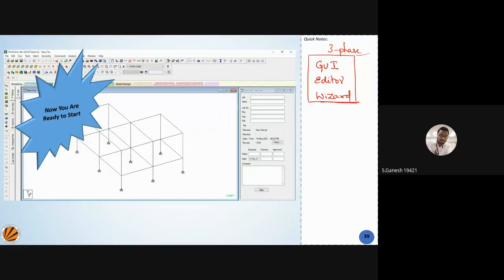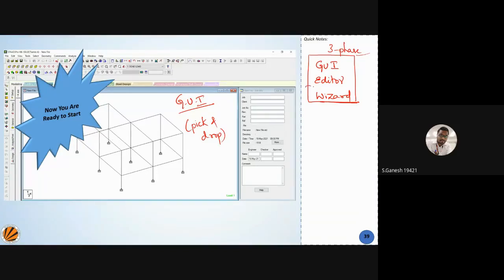So GUI is a graphical user interface. What you see on the screen is called a graphical user interface. Directly you bring your cursor over here or over here. It's kind of like a pick and drop service. So you can easily go and select a beam cursor. You can select a view. So the system will show you graphically.